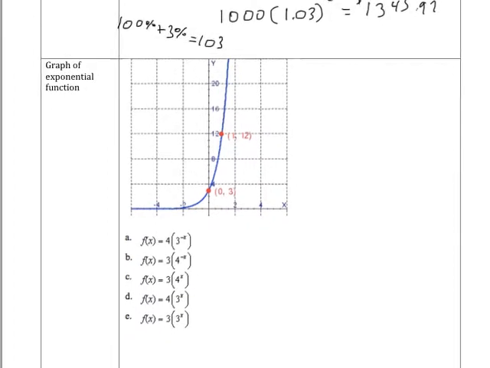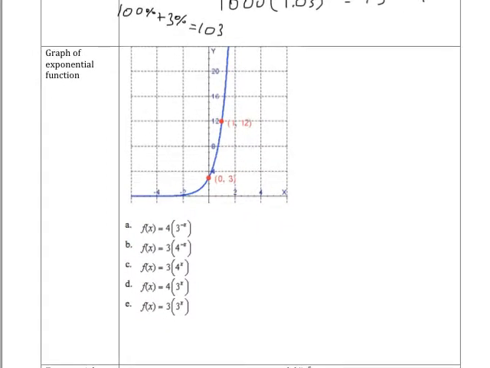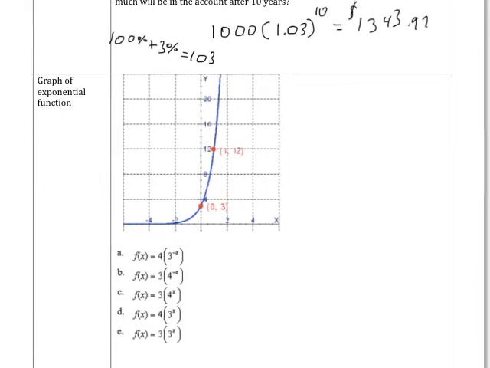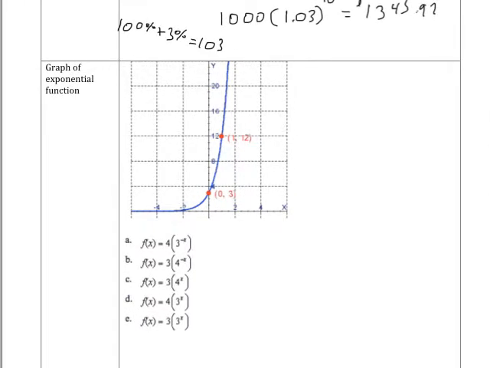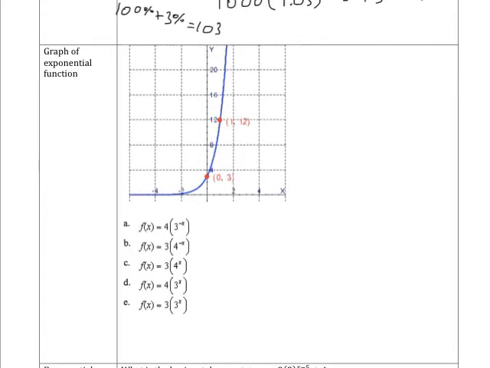All right, we have to graph or find which one of these functions is going to make that equation up there, and goodness, those equations all look very, very similar. So honestly, what I would recommend on this problem is to probably grab a graphing calculator and type each one of these into y equals, and then see which one matches this graph. That being said, we can do a little bit of elimination based off of some things we've done in class. For example, we've actually learned that this number in front